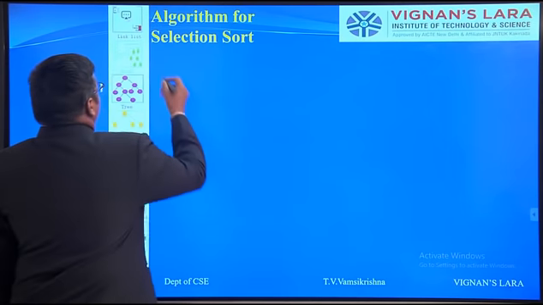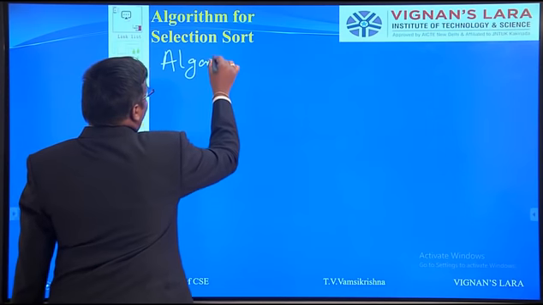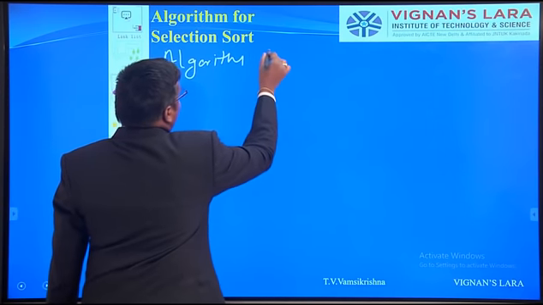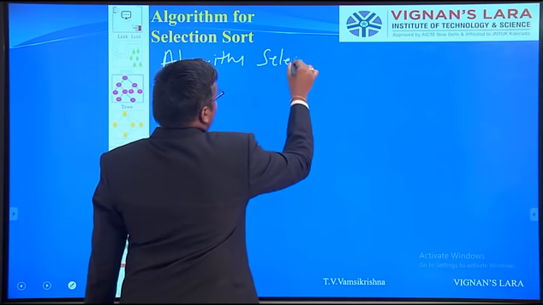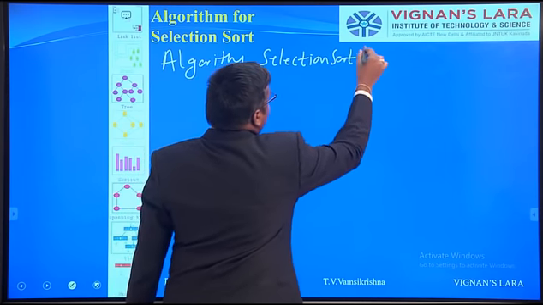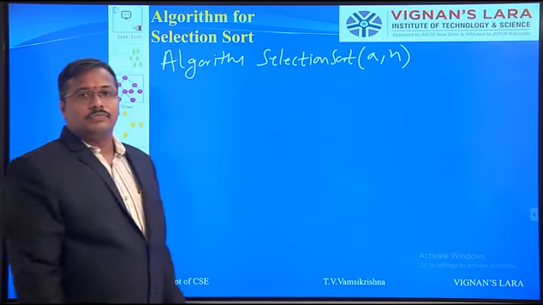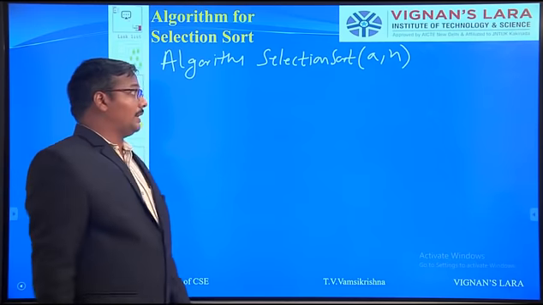First, what inputs are required to perform the selection sort algorithm? We need to pass 2 parameters, say A comma n.